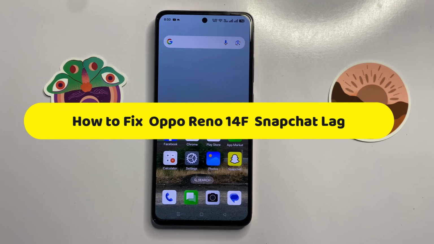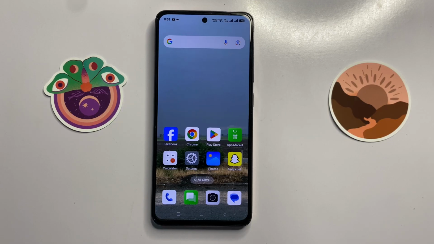How to fix Snapchat lag in Oppo Reno 14f. So let's start the video. First of all,